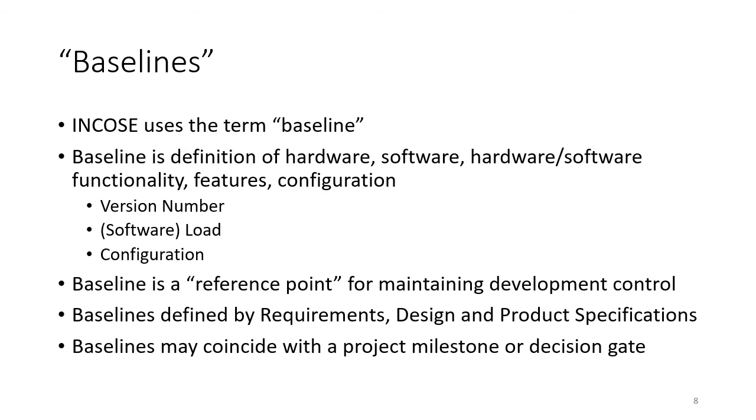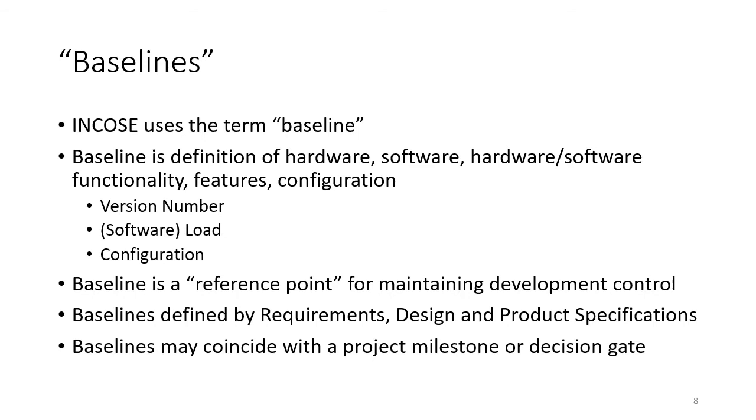Other names that are used to represent a baseline is version number, version 2.0, version 2.13. In the software world, sometimes these versions or baselines are known as loads, and then they're also generically can be called configurations. So a baseline is a reference point for maintaining development control. If you say, yes, we're using version 2.0 software and the hardware configuration is as follows, then we all know exactly what functionality, features, capability is